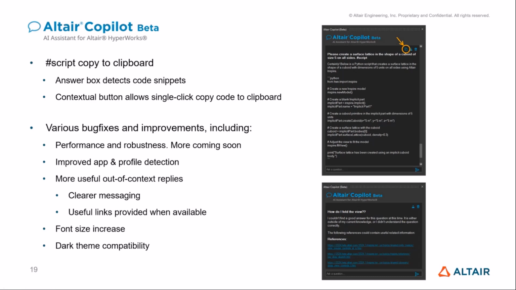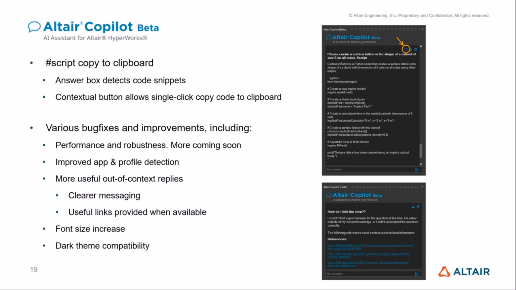We've improved also a little bit the out of context reply. So before, if it didn't find an answer, it would give you a very automated message just saying that the context doesn't include your answer. Now we've added a few more useful messages when the chatbot thinks that you're asking something that is of a different topic, that it doesn't know anything about, that is not HyperWorks related. It'll say that it can only answer